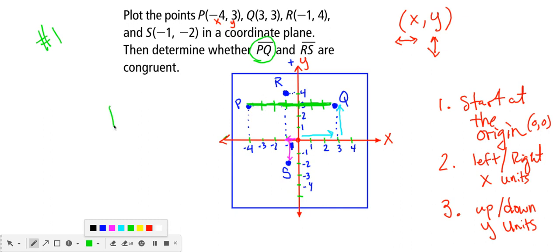So PQ is actually going to be 7, the measurement, and sometimes we write an M in front of it to say the measurement of PQ is actually 7 units. All right. And so what's the measurement of RS? The measurement, let's use a different color for that one and do RS. So the measurement of